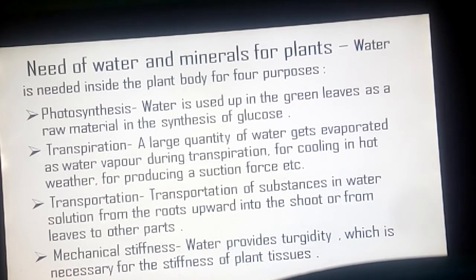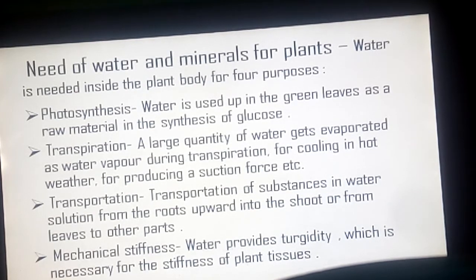Mineral nutrients required by the plant are absorbed from the soil by the roots only. Some of these nutrients are absorbed as salts and some simply as ions. These elements are required as constituents of cell and cell organelles as well as in the synthesis of a variety of compounds or enzymes within the cell.